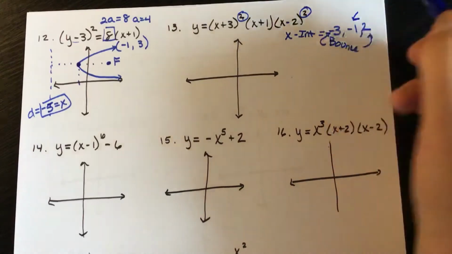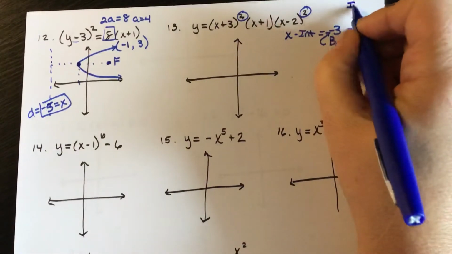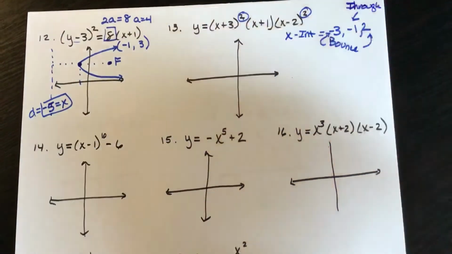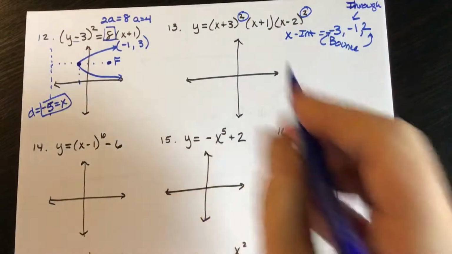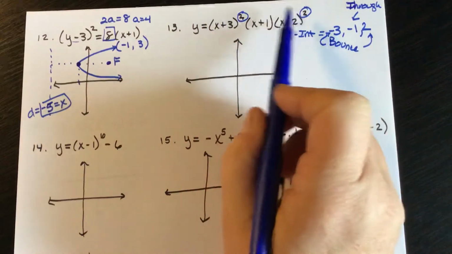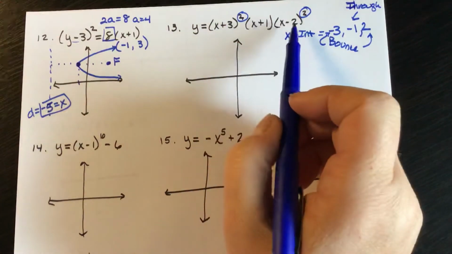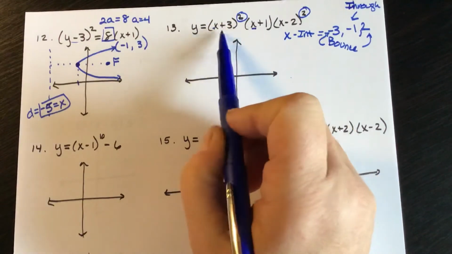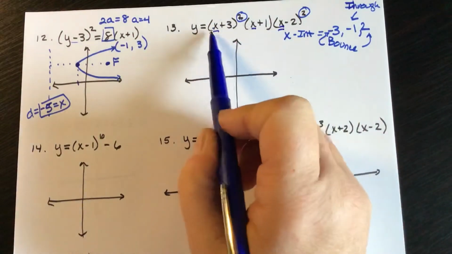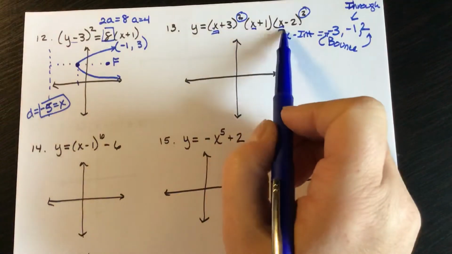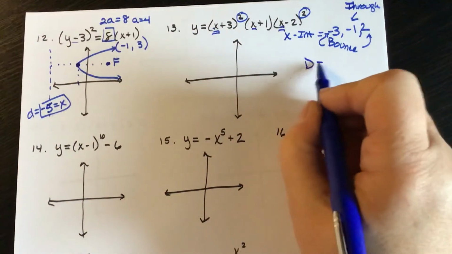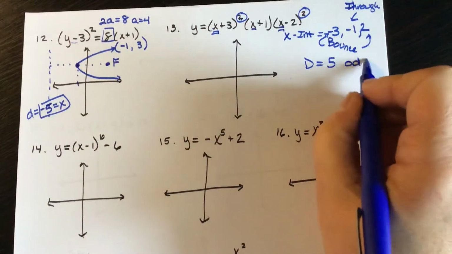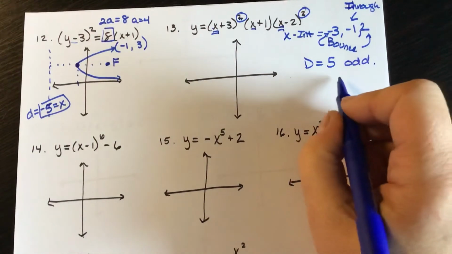And here it's going to go through -1. Another important thing to find here is the degree to determine if it's odd or even. So I have 2 plus 1 plus 2. So 2 plus 1 plus 2 is 5. So my degree is 5th degree, and that's odd. And that tells me that